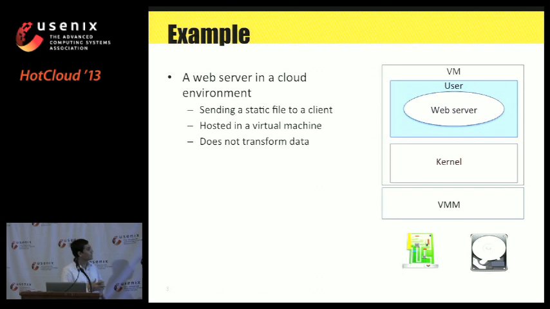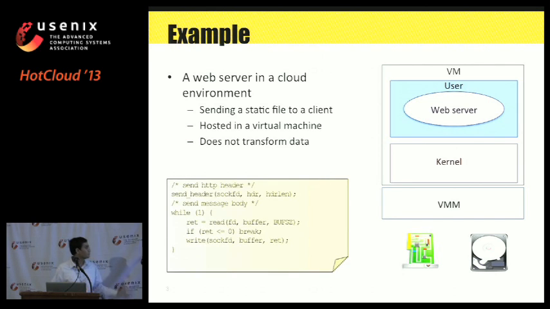Basically, when the web server gets the request, it looks up the file on the disk. A very simple program should look like this. It first sends the HTTP header, which contains information about the response and the file, like the file type and the file length. Then very basic programming would involve reading the data from disk in a tight loop